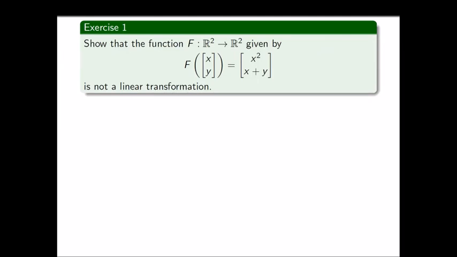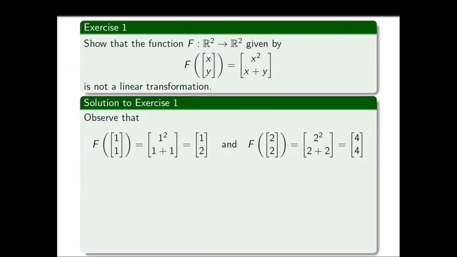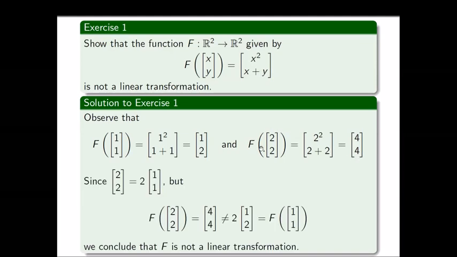We're given this function from R2 to R2, and this takes any vector (x, y) to the vector (x squared, x plus y), and we have to show that this is not a linear transformation. So observe that if I input my vector (1, 1) into my f, I get (1 squared, 1 plus 1), which is just the vector (1, 2). But if I input (2, 2), I get (2 squared, 2 plus 2), which is the vector (4, 4). But we also know that this vector (2, 2) is 2 times the vector (1, 1), but their outputs do not satisfy the same scalar relationship. So the second property that we saw a moment ago is not satisfied,